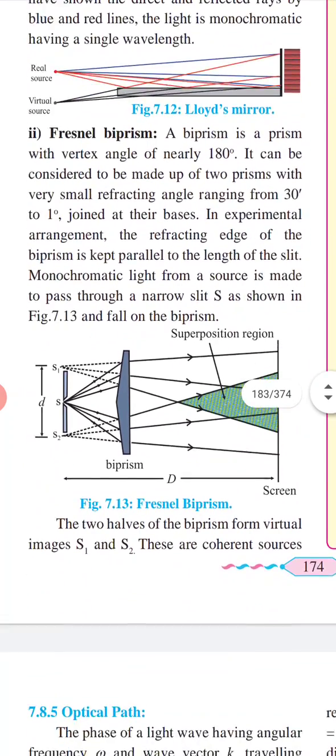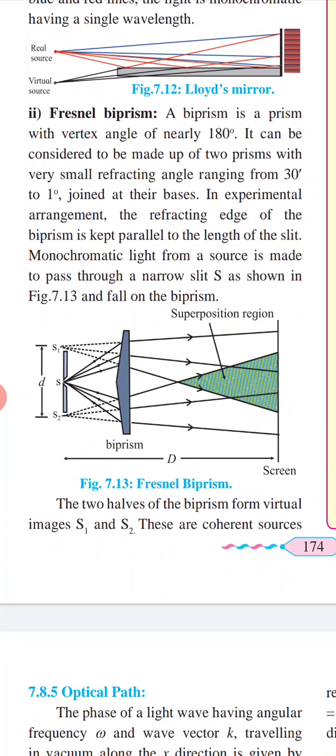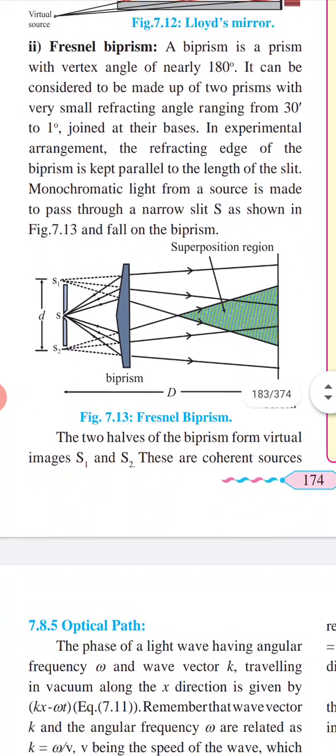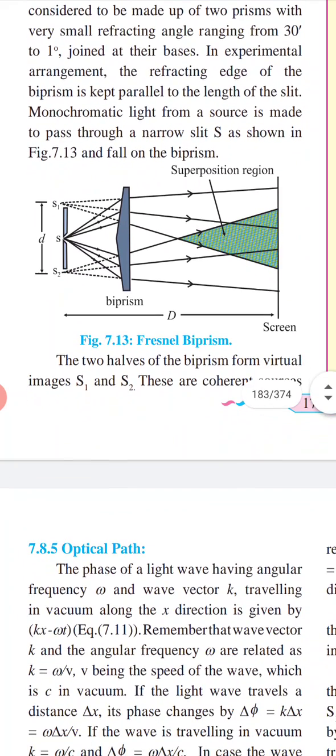Then Fresnel biprism. A biprism is a prism with a vertex angle of nearly 180 degrees. It can be considered to be made up of two prisms with very small refracting angles, ranging from half a minute to 1 degree, joined at their bases. So in the experimental arrangement, the refracting edge of the biprism is kept parallel to the length of the slit. Then monochromatic